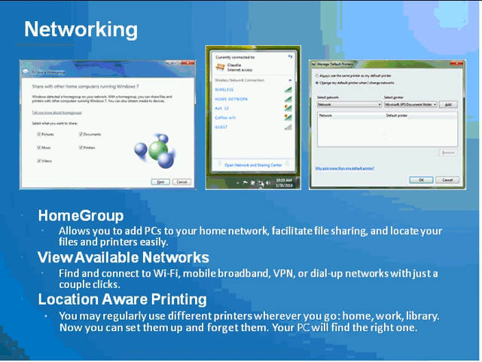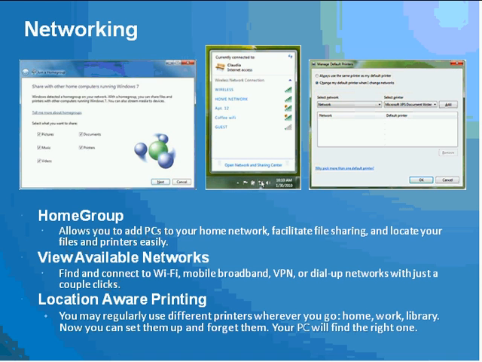In networking, we have added quite a bit of new features, which include HomeGroup. Earlier, people used to have a single machine in their homes, but now almost everybody has more than one PC in their home, a laptop, a PC, or multiple laptops.